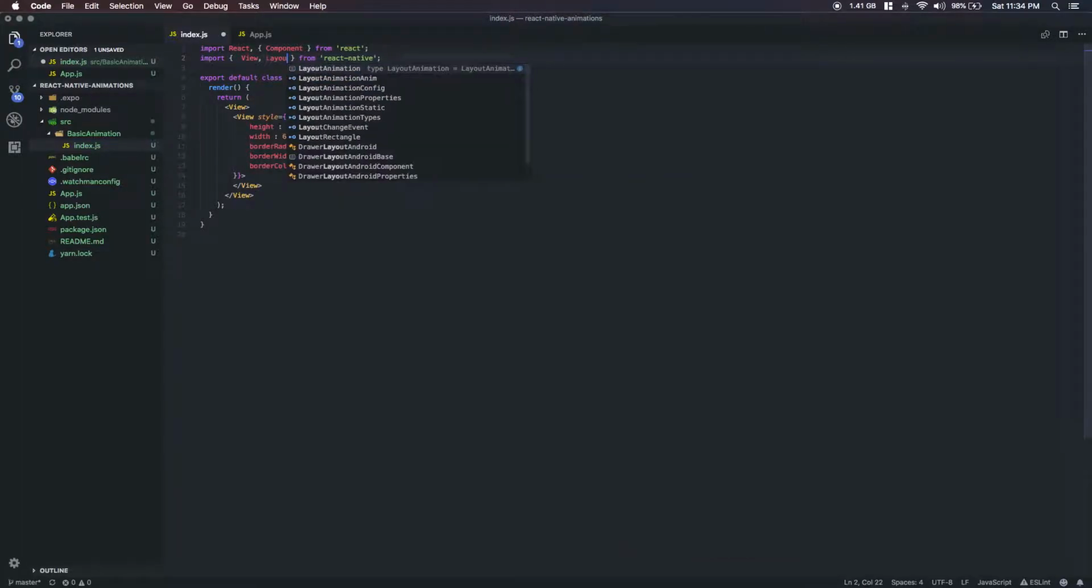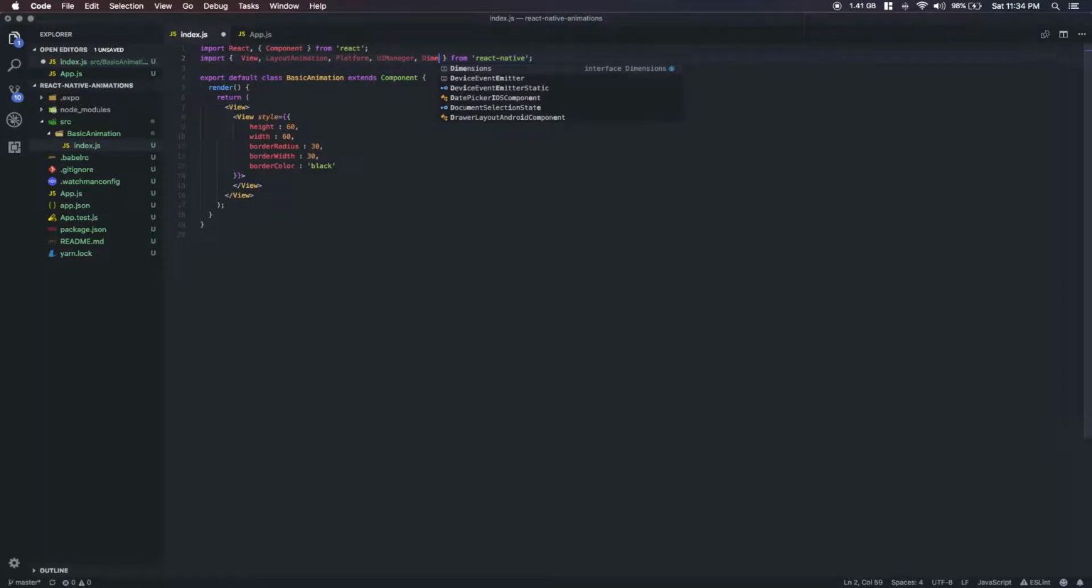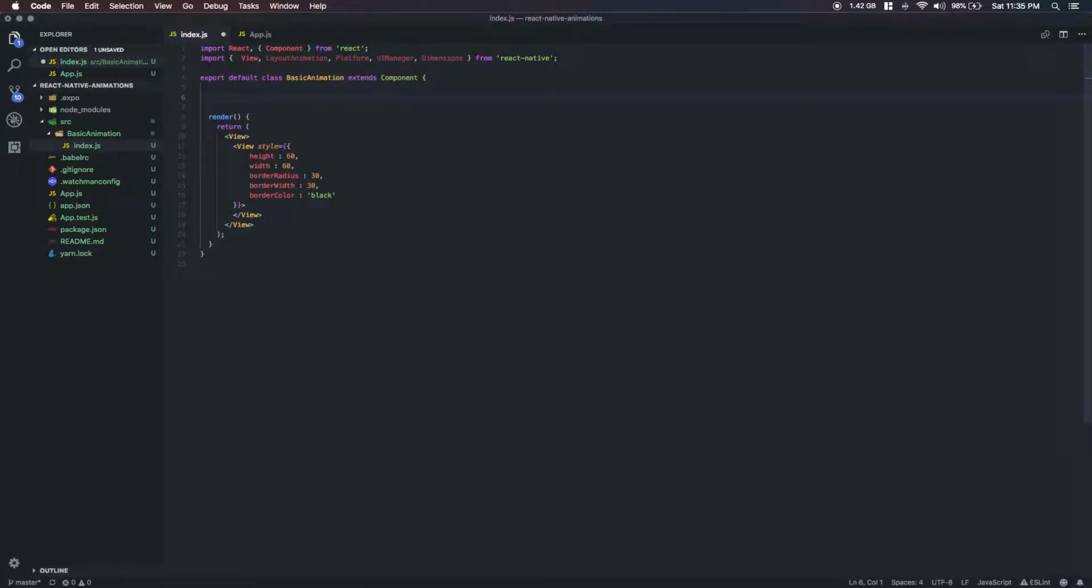So we'll have to import a couple things. We're going to import the layout animation API, the platforms API, the UI Manager API, and the Dimensions API. I'll explain what we're using, why we need all of these. So first, let's create a constructor. This did not auto indent correctly. So let's get a constructor,